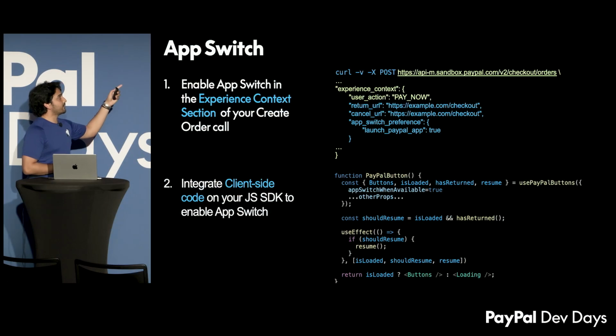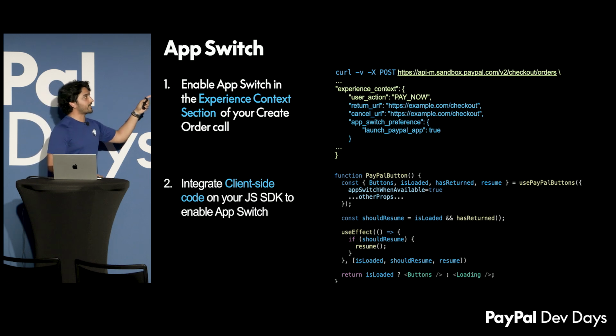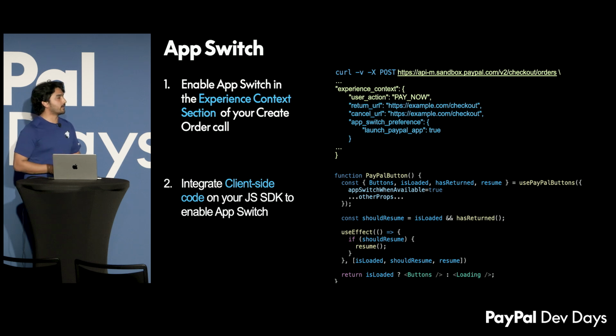So the first code change that you got to do to enable this would be within your create order call on the merchant server. You've got the experience context object. So let me walk you through the individual deltas and changes that you got to make. Let's start out with the return and cancel URLs. So this might be something which not a lot of merchants have set up earlier, because in the normal pay with PayPal flow, you got the pop-up, and then the pop-up closes, and you go back to the merchant